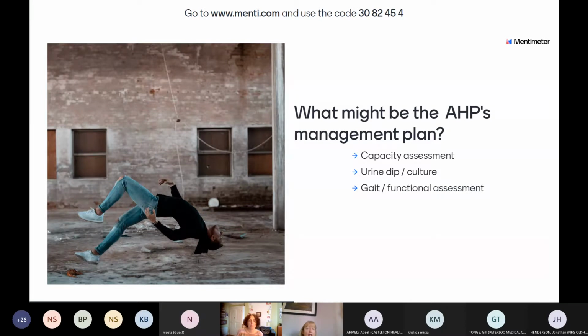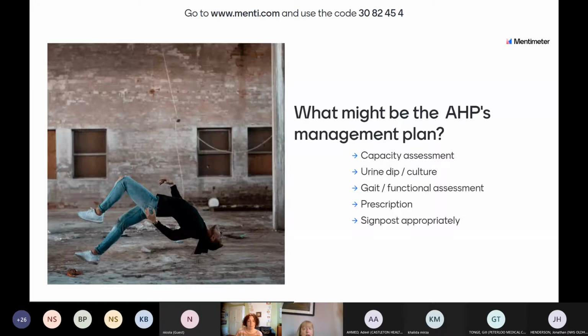That can do a culture. The OT, as a first contact OT, can have a look at the functional needs, do a gait assessment, as could the podiatrist, do a functional assessment around the house, and signpost accordingly. If she's found to have a UTI, which this patient did, the paramedic can then prescribe. And if there's not an OT there, they can refer on to the ambulatory team and the rapid response team to get an OT and physio